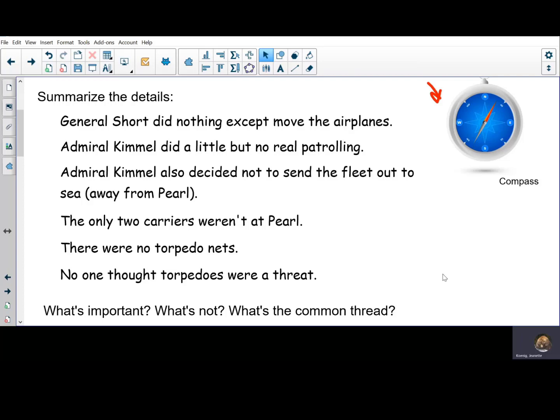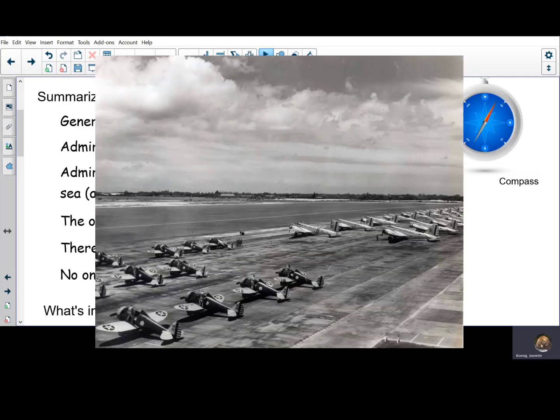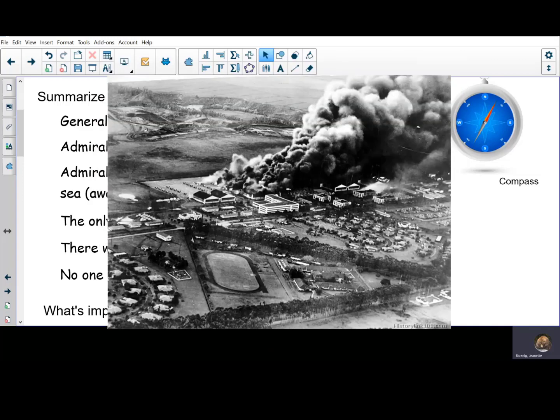The logic at the time was, well, the way things have always been done so far, the big gunboats can't get to us. The biggest threats are going to be from Japanese agents on our island engaging in sabotage, so let's gather all the planes together in one spot where we can guard them more easily. But again, because of the advance in technology, what they thought was the safest precaution turned out to be the worst thing they could possibly do.